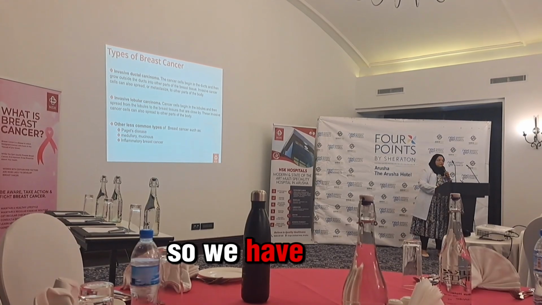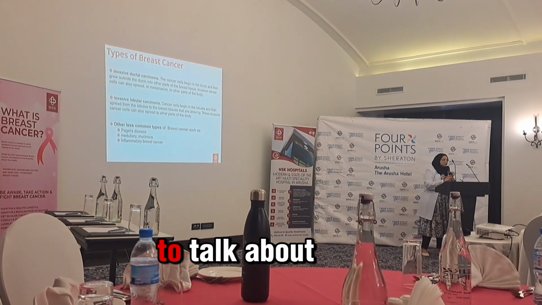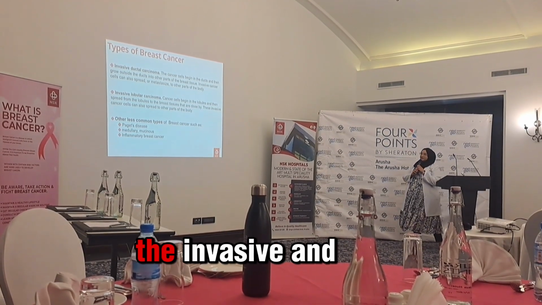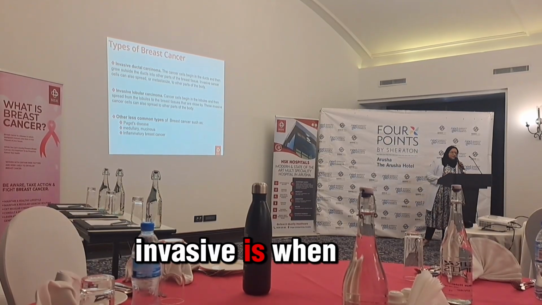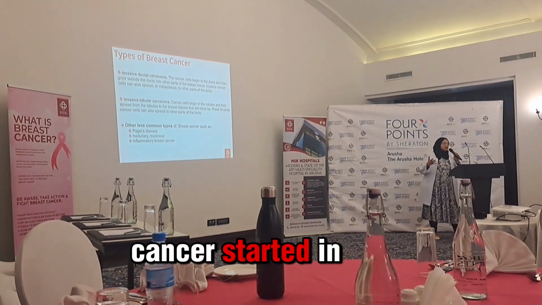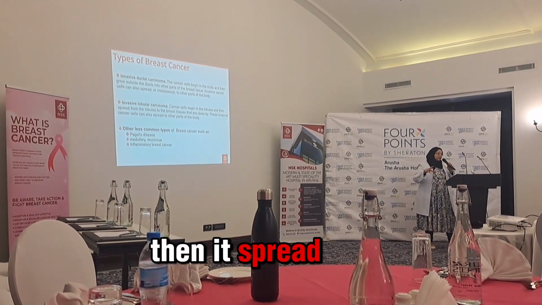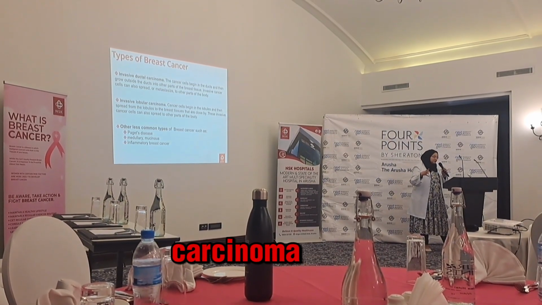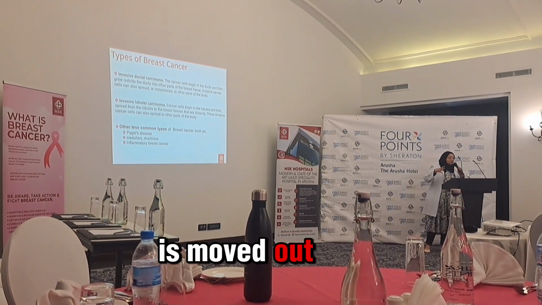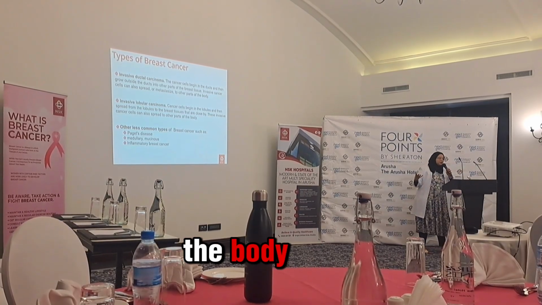So we have two terms that I would like to talk about here. Number one is invasive, and number two is metastasis. Invasive is when, let's say, your cancer started in the lobe and then it spread to the entire breast. You can say that it is an invasive carcinoma. But if it has moved out of the breast to go to other parts of the body, let's say the